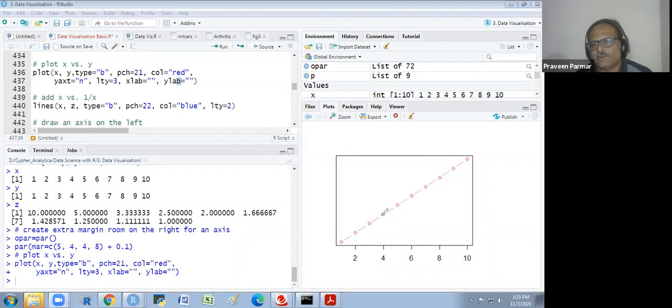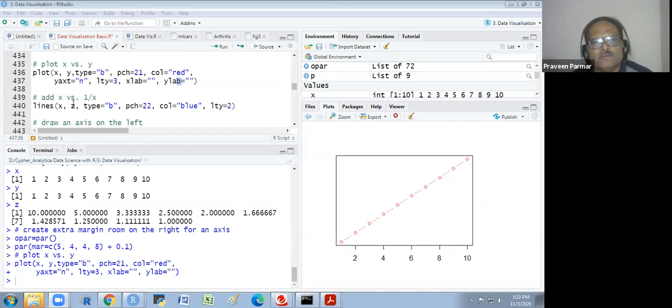B, yesterday I explained that it will join here if you write O. O and B, two things are there. Okay. Yesterday we have seen that. So this is the X versus Y. X and Y both are the same value: 1, 1, 2, 2, 3, 3. So it is at 45 degrees.